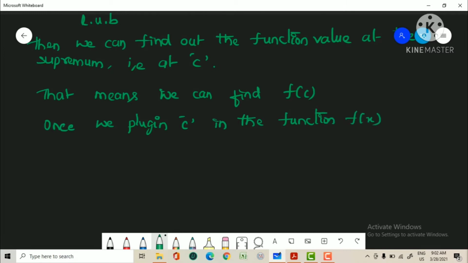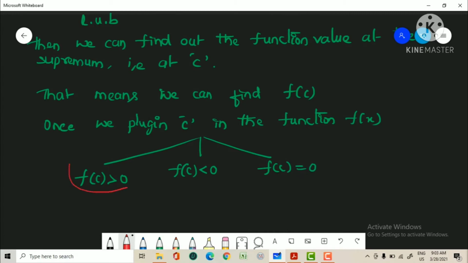there are three possibilities of getting values. f of C may come as a positive value, f of C may come as a negative value, or f of C can be equal to 0. I am talking about this: f of C cannot be positive, f of C cannot be negative, or f of C can be equal to 0. Okay,